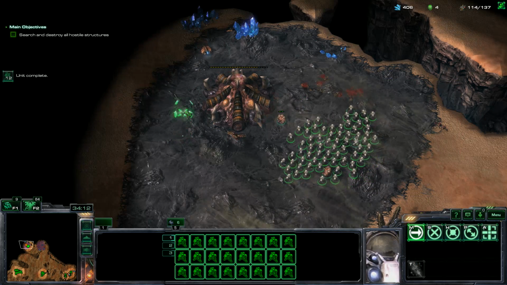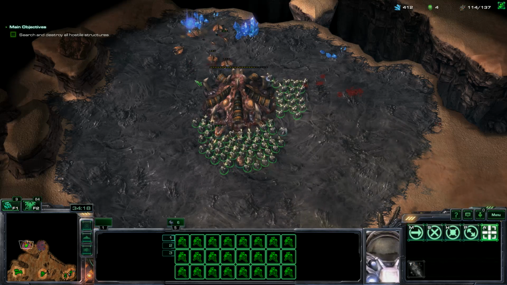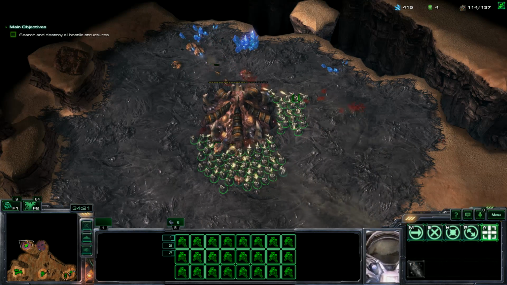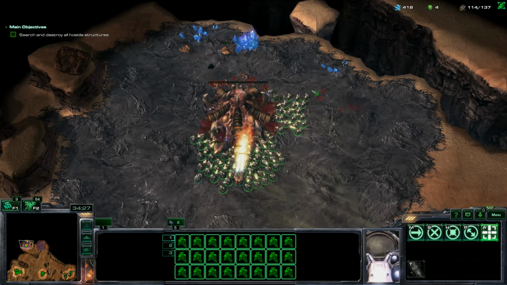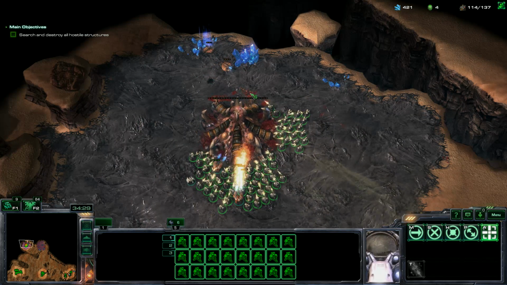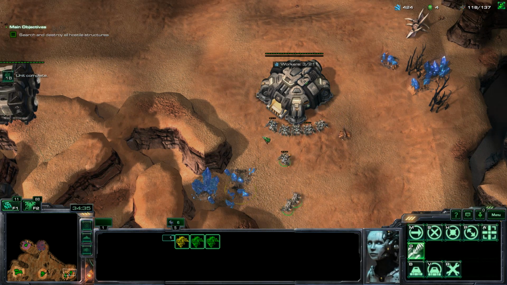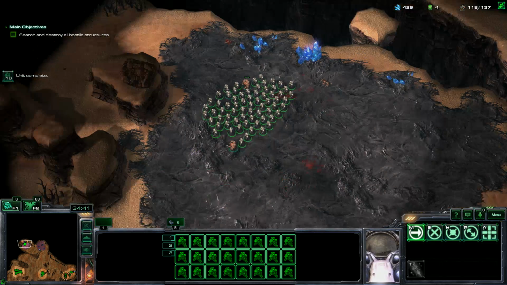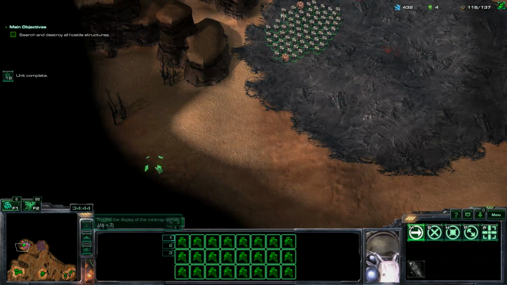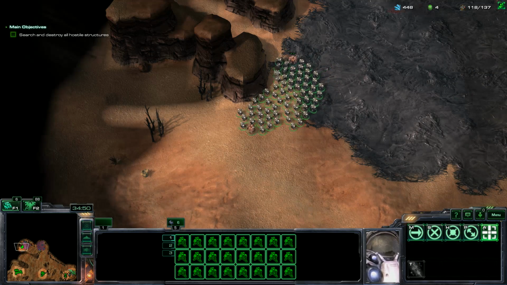Loving these firebats. They're so good. Will do. This looks like a base that they took separately. The slow grind. The slow, slow grind. Okay, wow, and the amount of units that they sent our way was pretty large. Pretty scary, pretty large. All right, so I guess